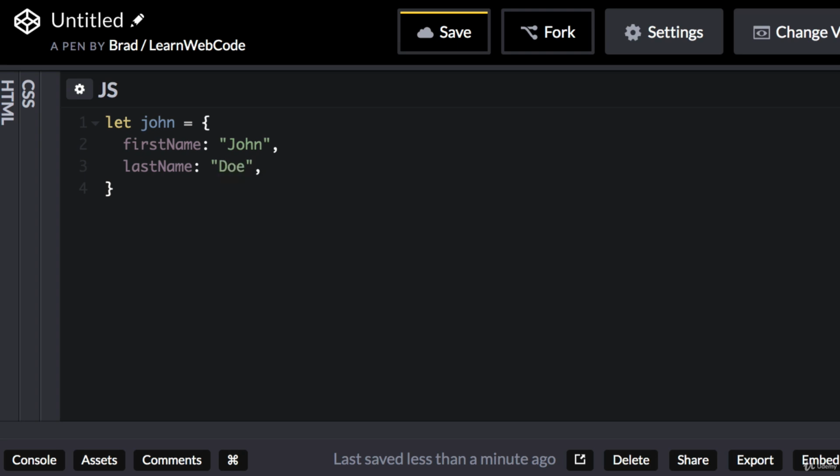Okay, and then let's also give this object a method named driveCar. So driveCar, parentheses, curly brackets. And let's imagine we want this method to log out to the console a bit of text that says, John Doe is driving a car. So